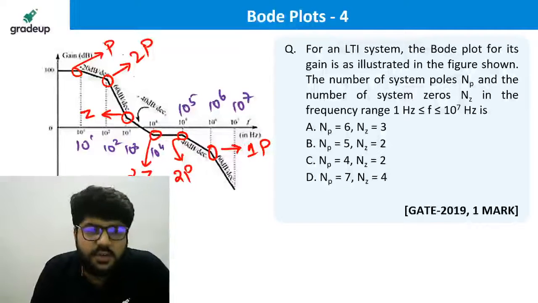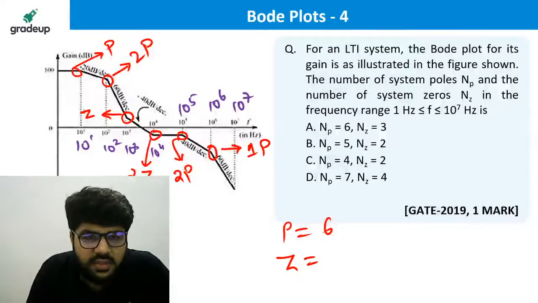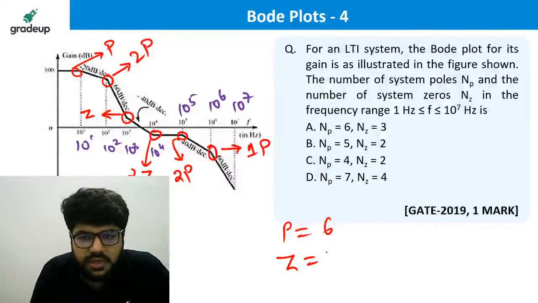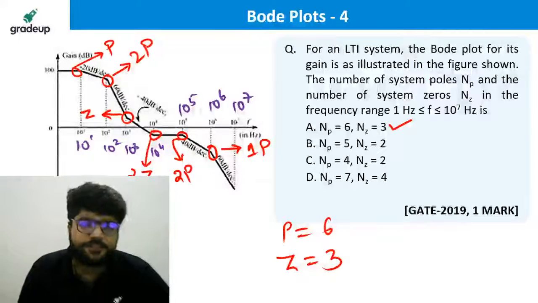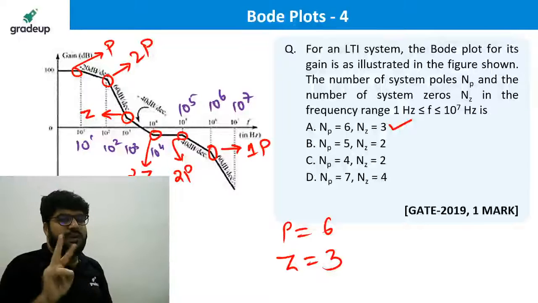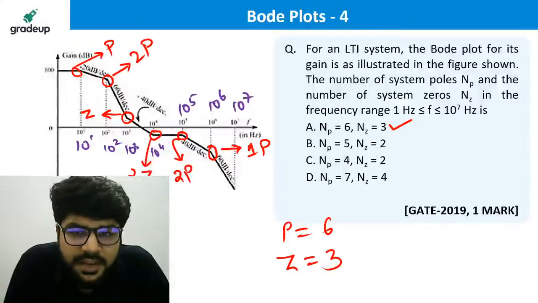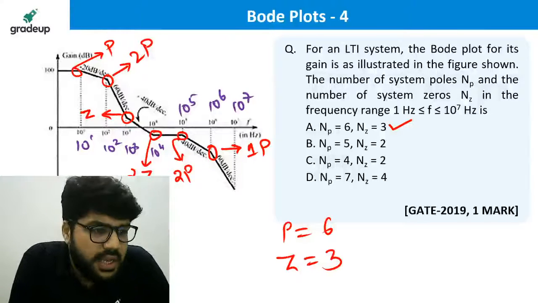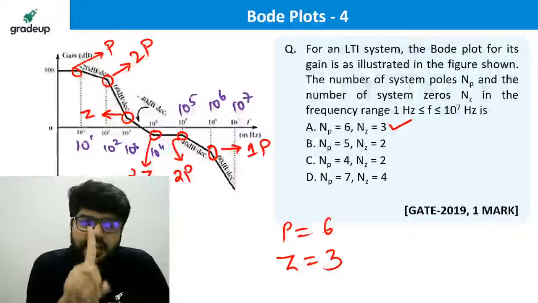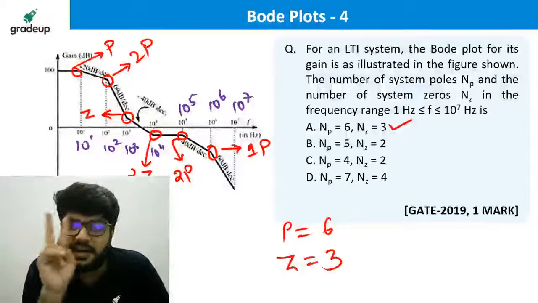Okay. So how many poles? 1, 2, 3, 4, 5, 6. The number of poles is equal to 6. The number of zeros is 1, 2, 3. 6 and 3. Option A. You have to count the double zeros and double poles also, guys. Otherwise, that is why maybe option C was also being given by you. Double pole and double zero, dekhna, because for one pole, the slope changes by minus 20. And if there's a slope change of minus 40, it's a double pole.